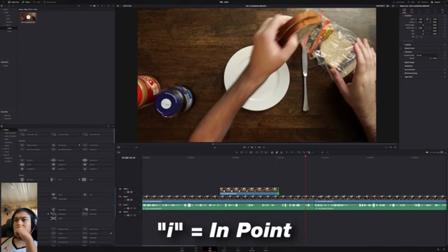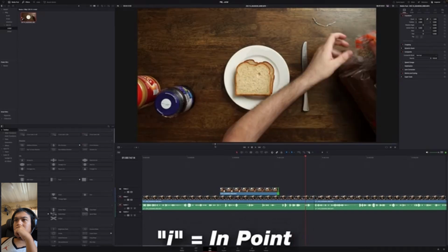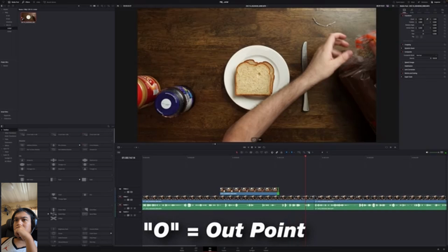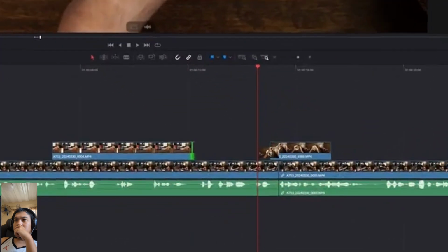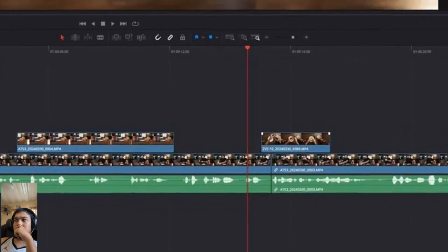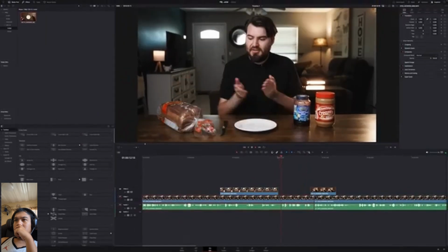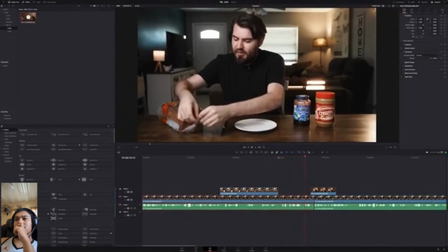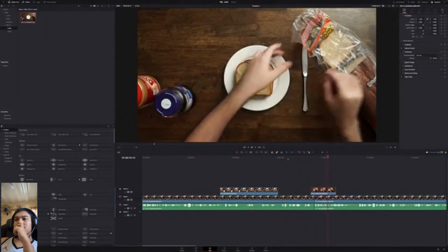Again, I'm going to click I and O and drag just the video right above this cut. Now, when I play it back, so let's first untie our bread bag. Make sure you leave the end piece in there. No one wants that. Now it's just a lot smoother, even though I've actually completely omitted me messing around with